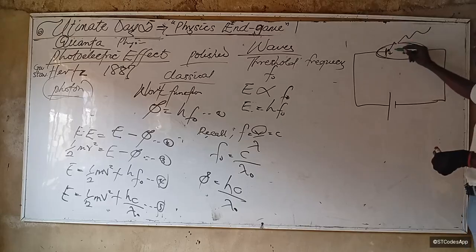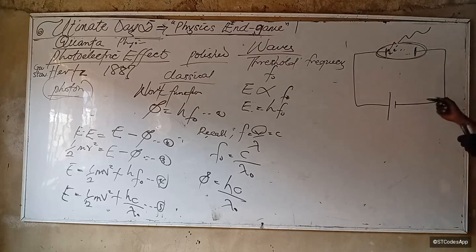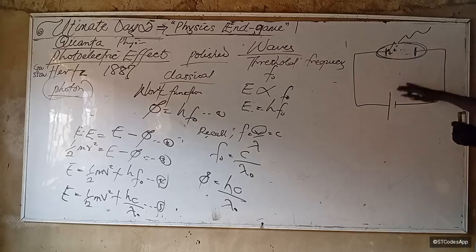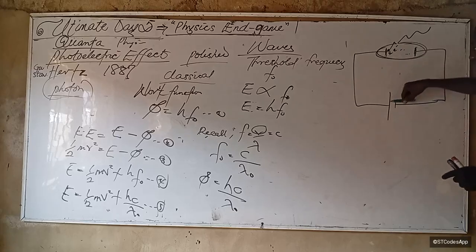So the electrons will now move from here, right? And they'll move towards this plate, isn't it? So if the electrons are moving like this, where's the direction of conventional current? It should be like this, isn't it? So this was the way it was done. If I do it this way,